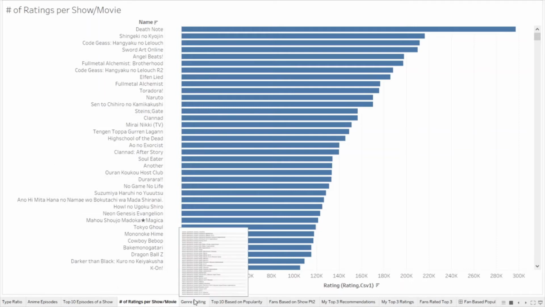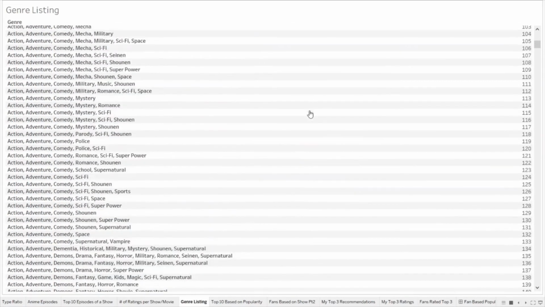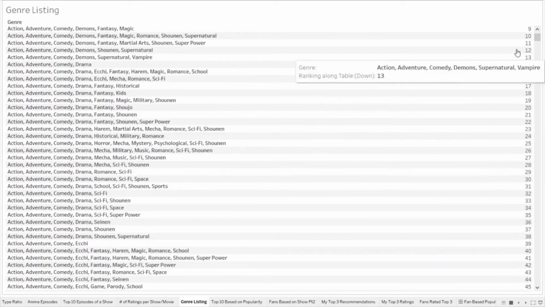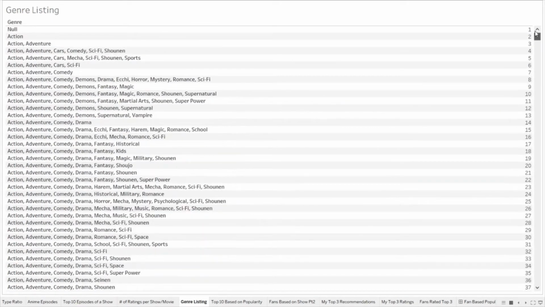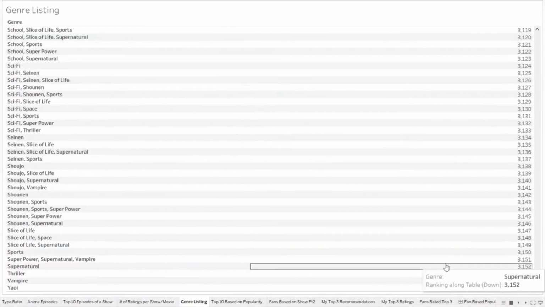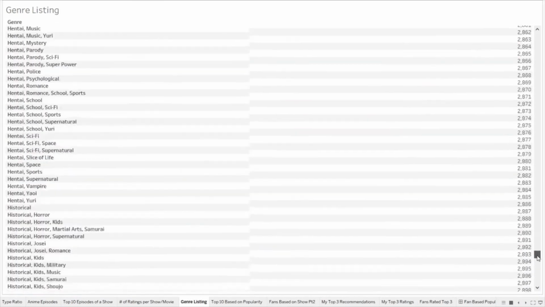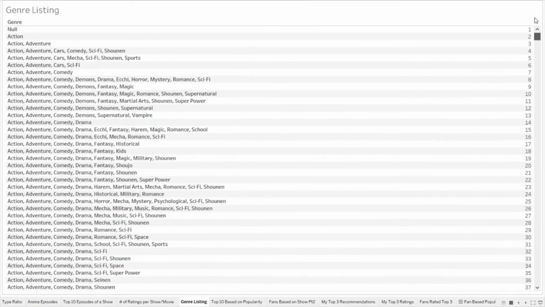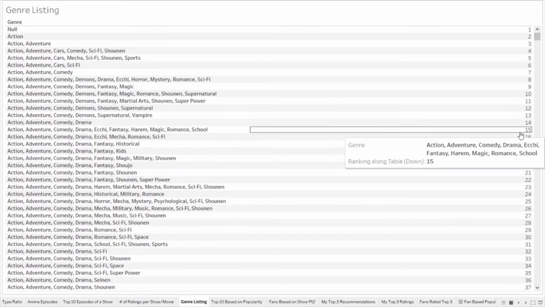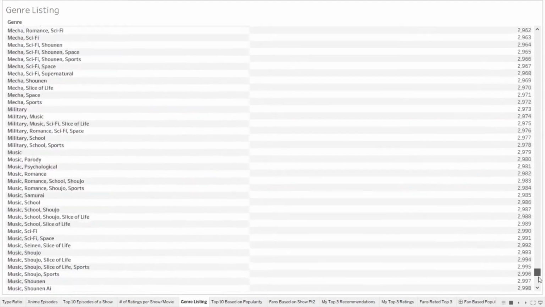Now, this data set is going to surprise you because this is what all the genres that were put into our list. And right now, I'm going to go to the top. One has null, and if we see how many types and combinations there are in total, we have 3,155, which is surprising. You never knew what show you can get into. A lot of these are very mixed, and some of them can very well be summed down. There's one genre that I will look into more specifically later. It's shonen, if I can find it.